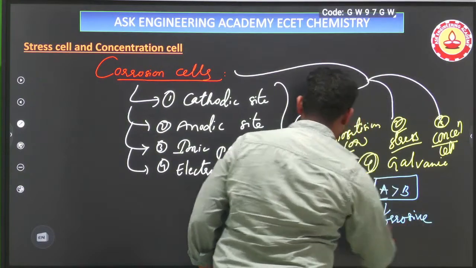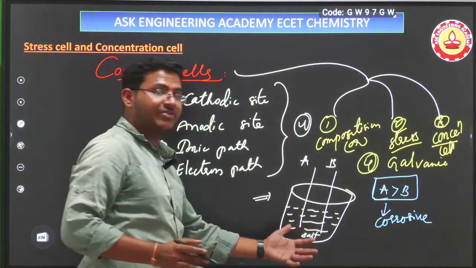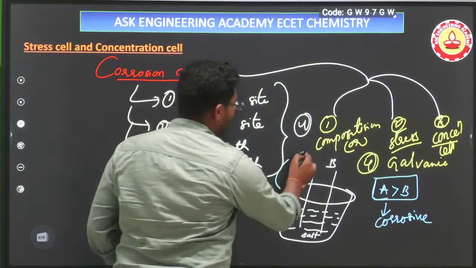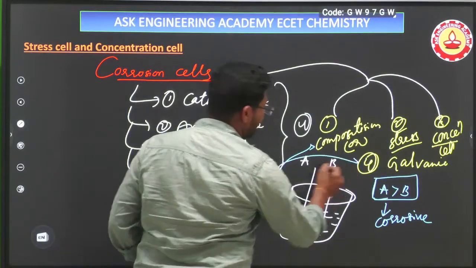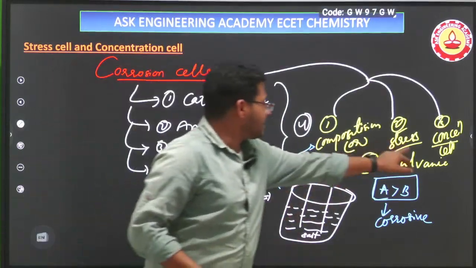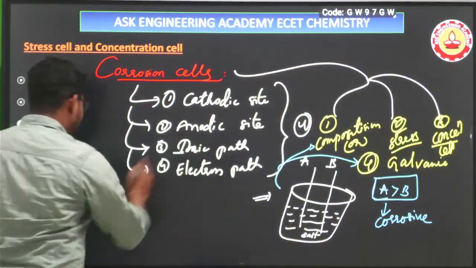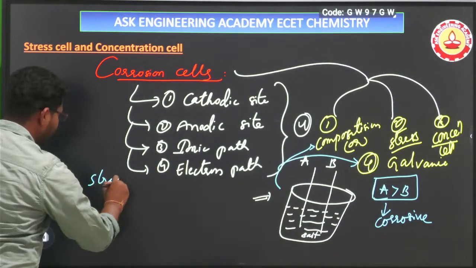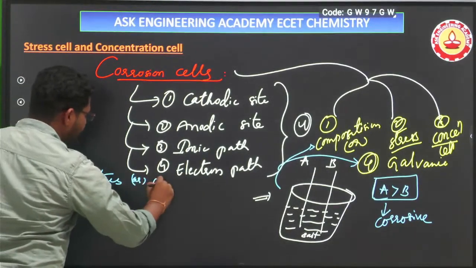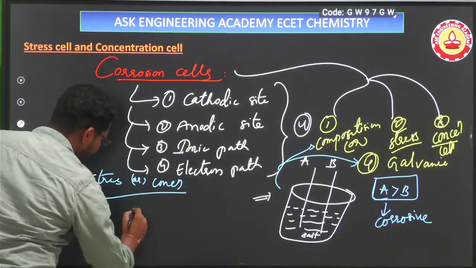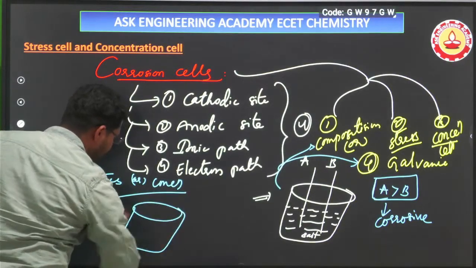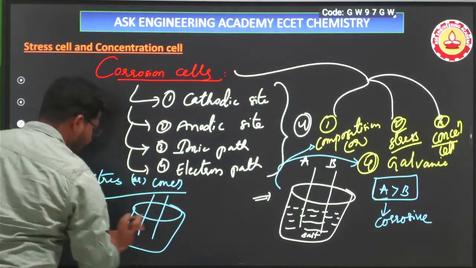Corrosive in nature. So if these kind of things will happen, then this is called a composition cell, or it is also called a galvanic cell. And coming to the stress cell or concentration cell, here the same kind of apparatus will be taken, two different metals are taken,